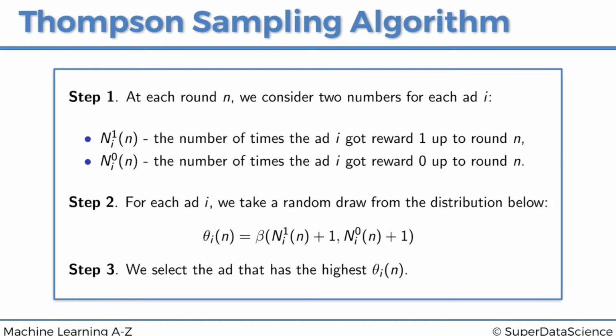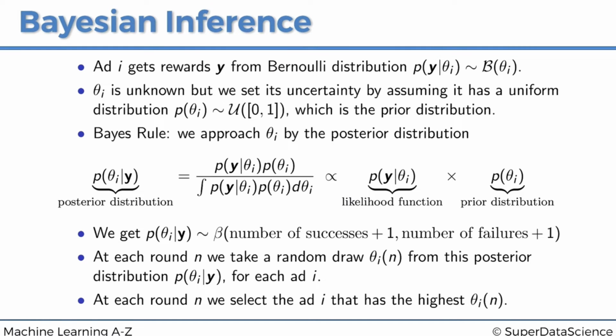So step 2 is, for each ad i, we take a random draw from this distribution below, which is the beta distribution. And why is that? It's because we have two important assumptions here, which are related to Bayesian inference. So the first assumption is this first line here. We suppose that each ad i gets rewards from a Bernoulli distribution of parameter theta i, which is the probability of success. And you can picture this probability of success by showing the ad to a huge amount of users,